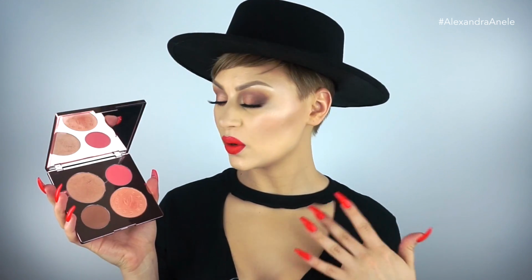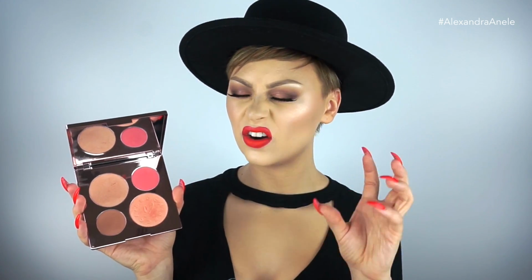So I'm wearing this entire palette on my face right now. When I first tried this palette, I was freshly tanned and it looked very different on my skin. Right now, I am as fair as it gets. So I still think that it looks beautiful, but I will let you know a couple little differences that I noticed. So I am wearing Beach Nectar all over my cheeks. I did go in with Hibiscus Blush on my cheeks very, very lightly because it is very pigmented, and I am extremely fair. You can see it looks a little bit saturated for my skin tone right now. So I went in with a very small amount and then went over that with Beach Nectar. So I treated it as a blush overlay rather than a highlight, but I did hit the top of the